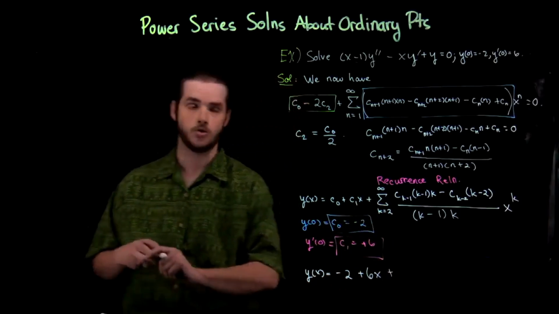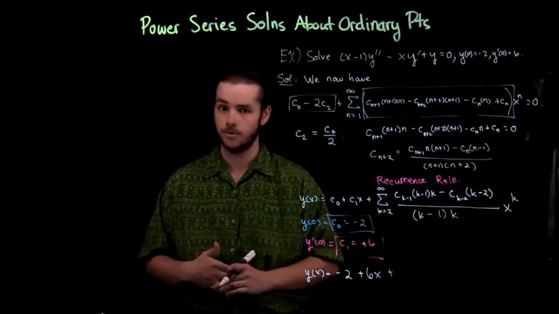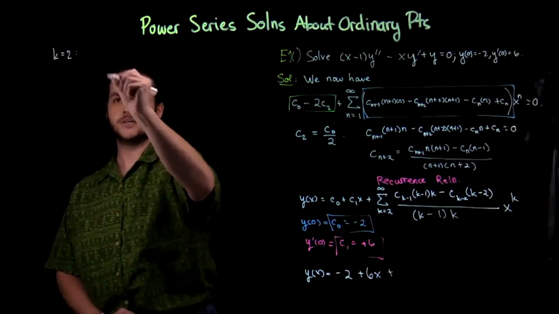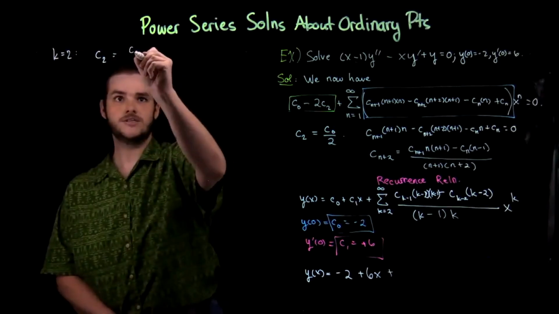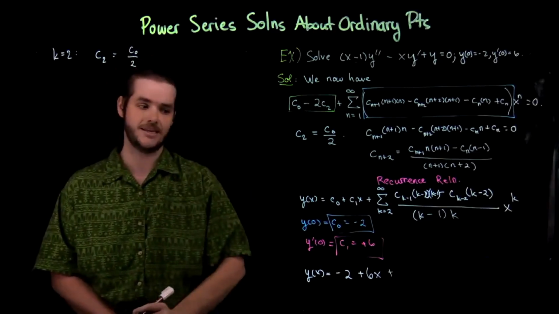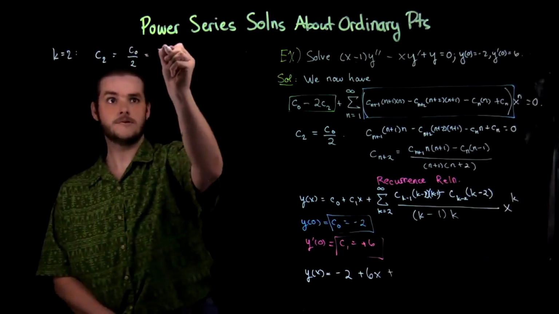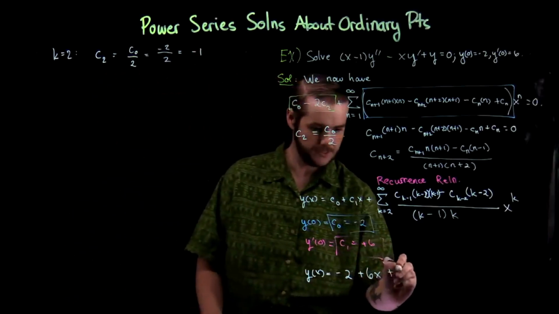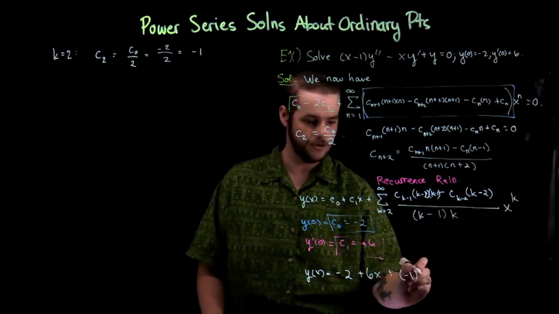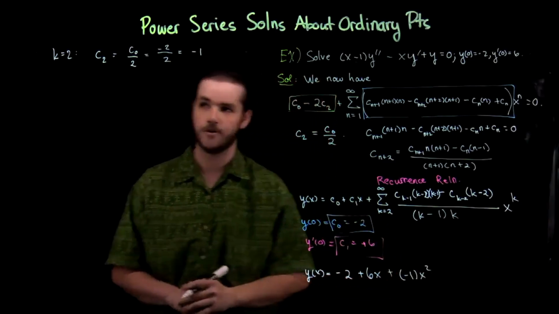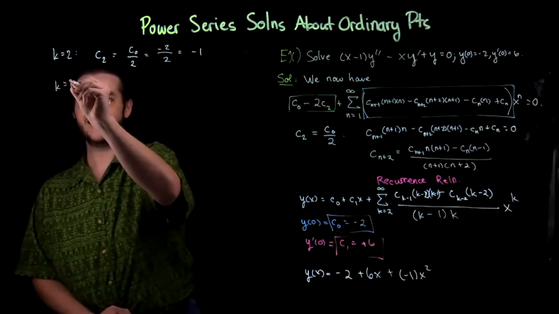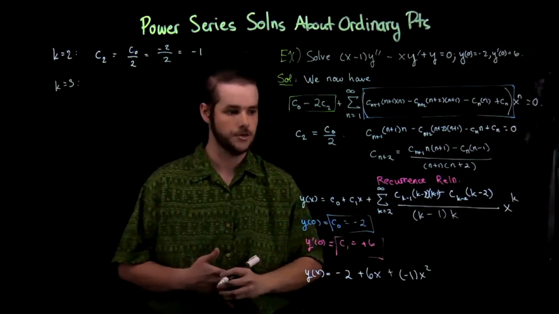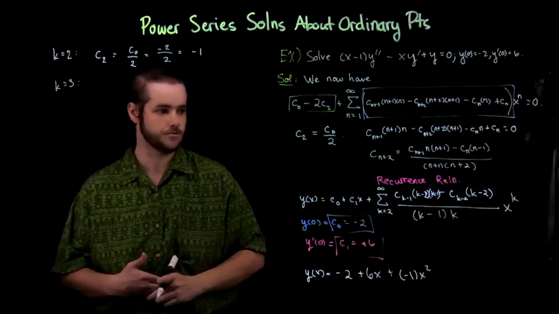Notice I'm going to do a bit of scratch work up here. When k is 2, my formula for the recurrence relation tells me that c2 is just c naught over 2, but c naught was -2. So c2 must be -1, plus -1 x squared. Let's move on to k equals 3, because now we've got to use our recurrence relation. I don't have another formula here. It tells me that when k is 3, I get